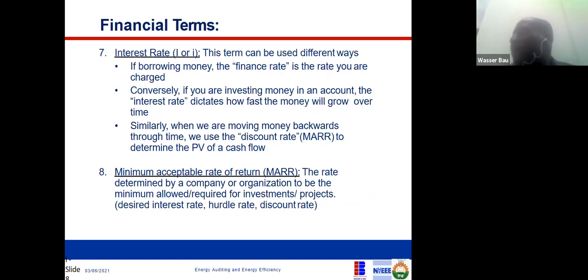The next term is the interest rate. We all know what this means, but let me say this: it can come in different shades and sound. Whatever terms they use, you just have to understand that interest rates can be used in different ways, if you are borrowing money,